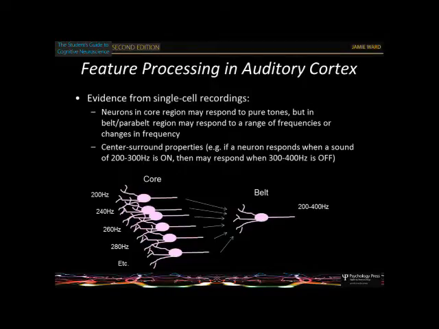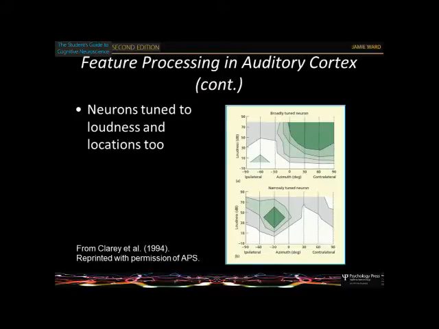So in hearing, it's lagged behind by a couple of decades to show that really it's similar to it. And also, as you go away from the earliest cortical regions to more complex ones, you see these other kinds of patterning as well. So here, this is the tuning of neurons to particular loudness and particular spatial regions. A dark area means that the neuron responds. So this neuron responds to sounds that are up here.